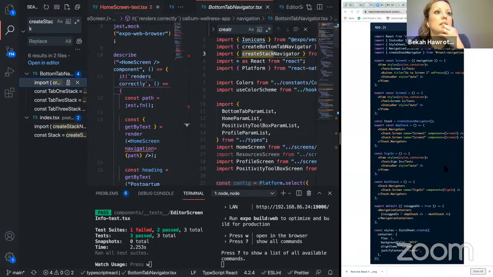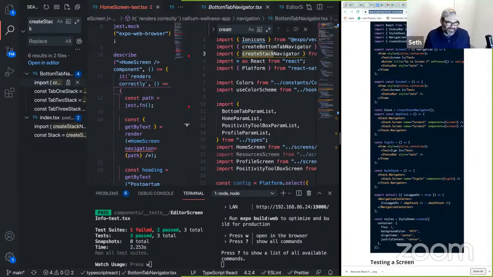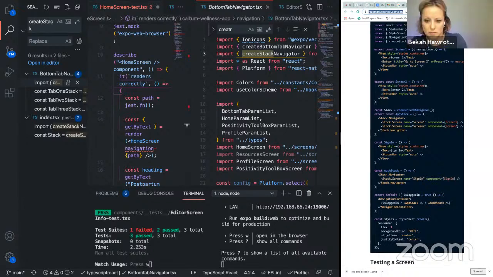And let's see, what are they doing here? Can you paste that link right there into the chat? Yes, if I can find the chat. Trying to. Here we go.